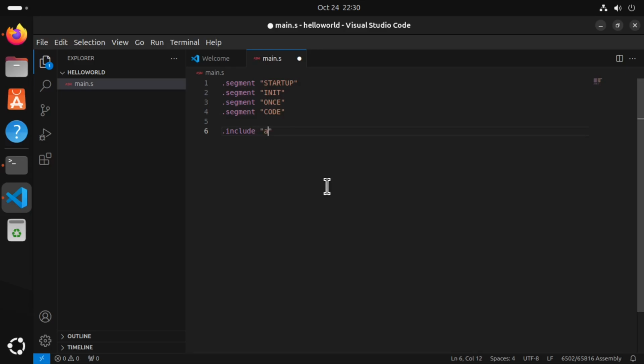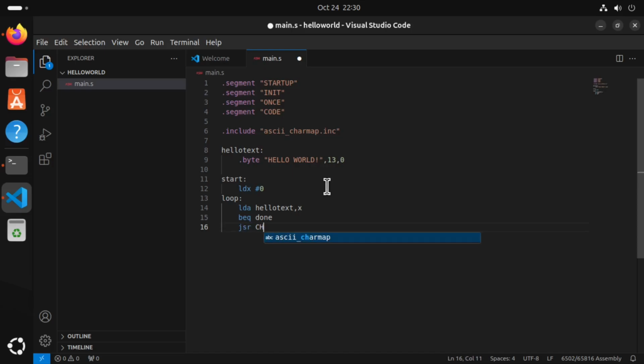Because CC65 and its assembler CA65 by default convert strings from ASCII to PETSCII, I nearly always include the ASCII_charmap.inc file to prevent these conversions. Therefore, string constants like the one I am typing in now are stored in the data exactly as typed. Without this, uppercase ASCII is treated as shifted PETSCII, which will not display the way we want in uppercase PETSCII graphics mode. With this include, we are telling the assembler to leave strings in the source as is.